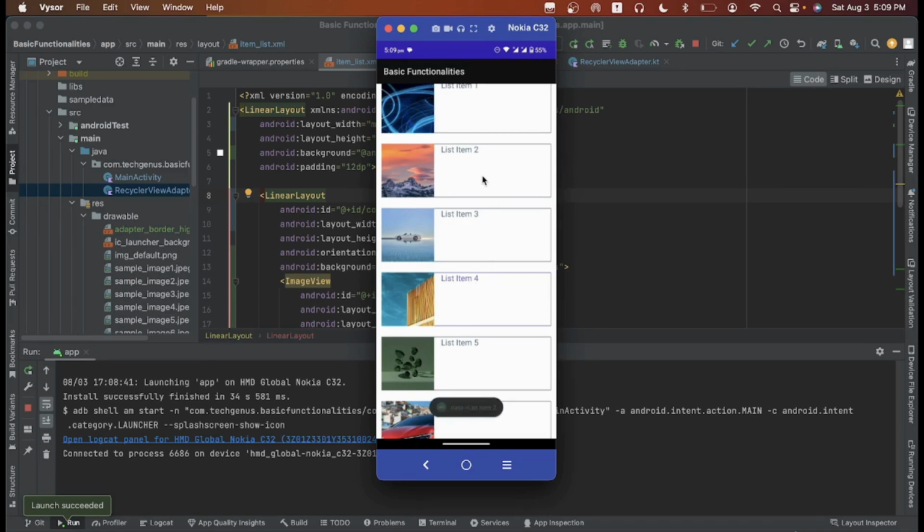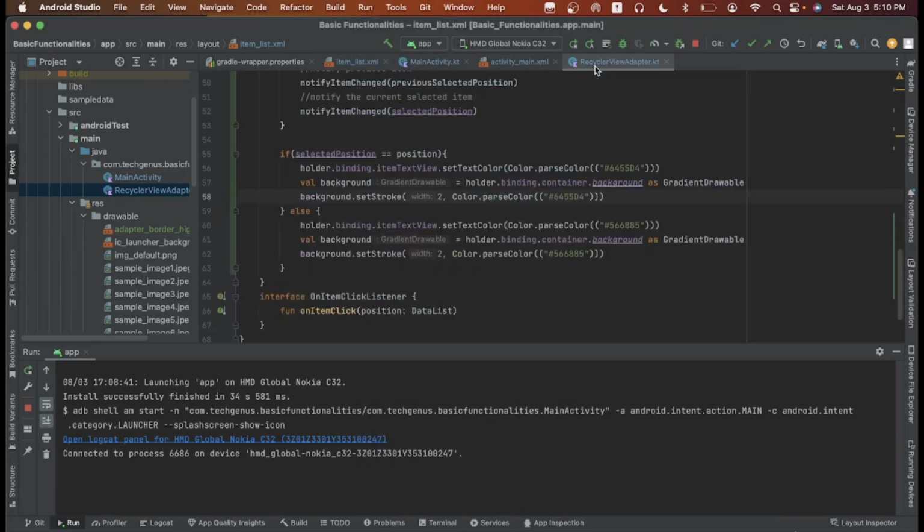When I select item two, the color change moves to item two. You can modify this condition if you want to adjust the stroke, the color, or the text style when an item is selected, and you can revert it when the item is not selected.